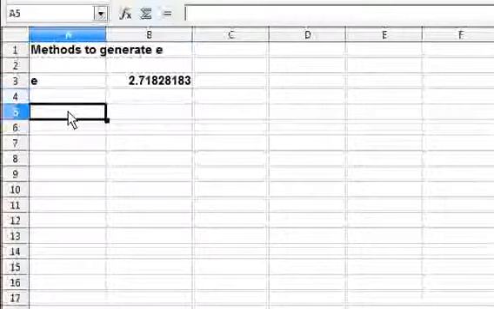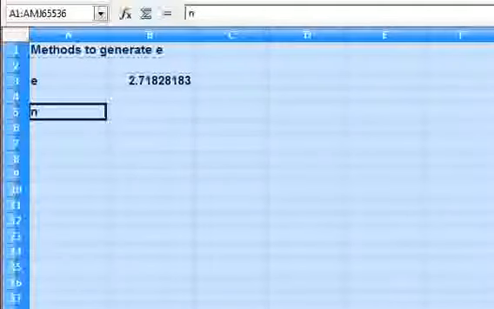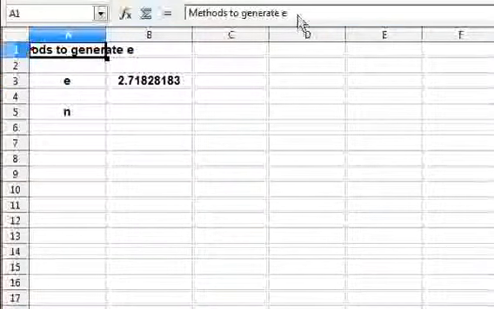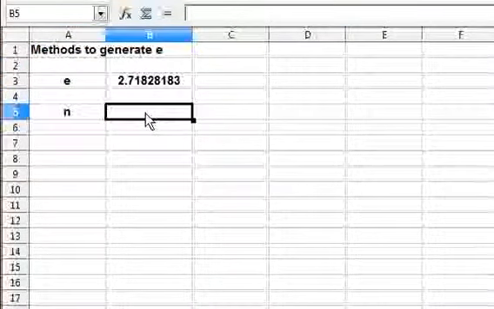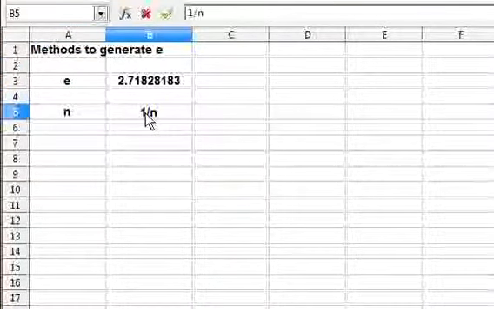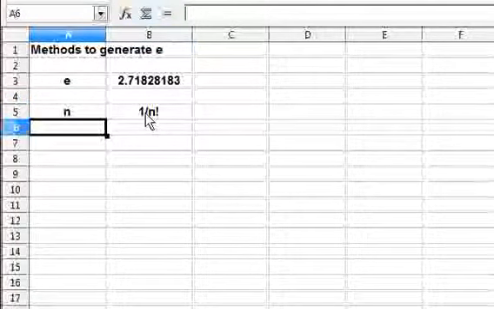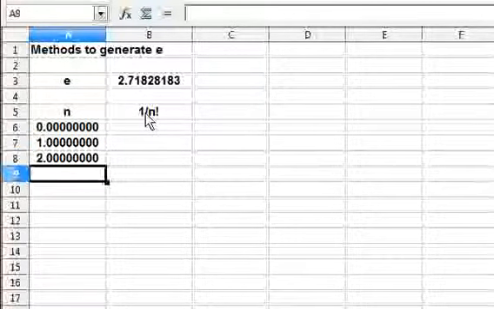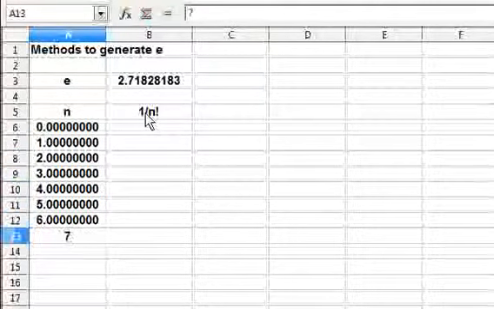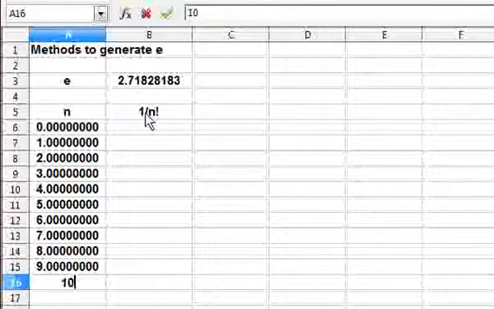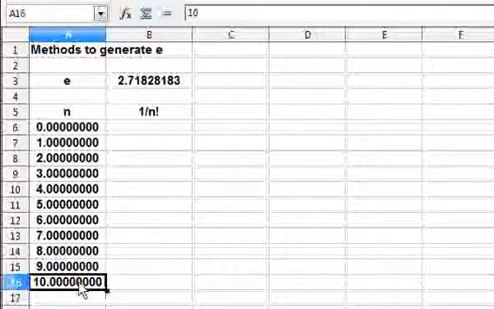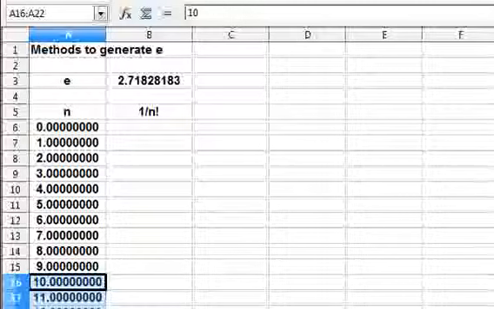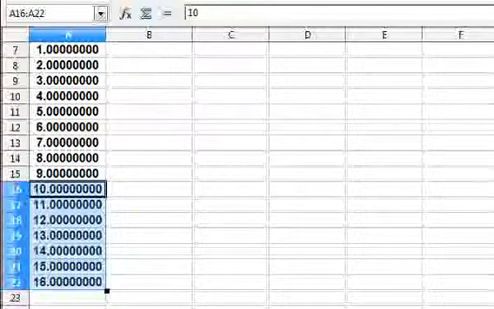So what I do is I take some trial values of n, and then I will calculate 1 by n factorial. It is important that we start from 0 to infinity. So I take n equal to 0, n equal to 1, 2, 3, 4, 5, 6, 7, 8, 9 and 10. In fact you can go for more also. For example here I have gone all the way up to 16.